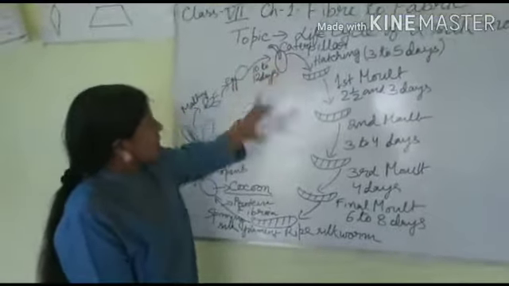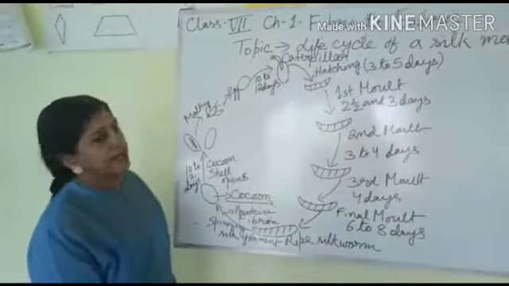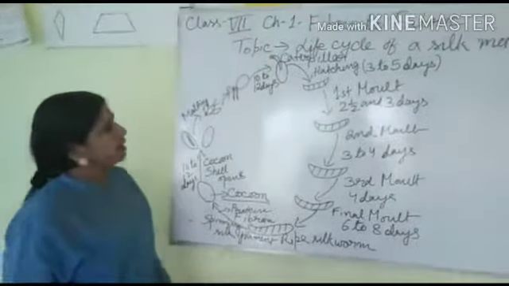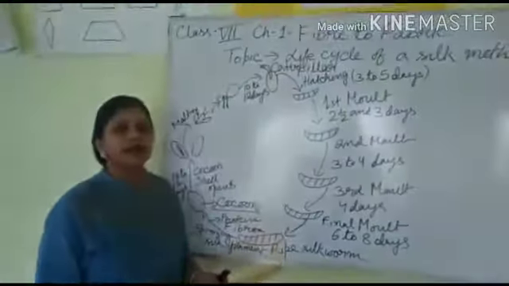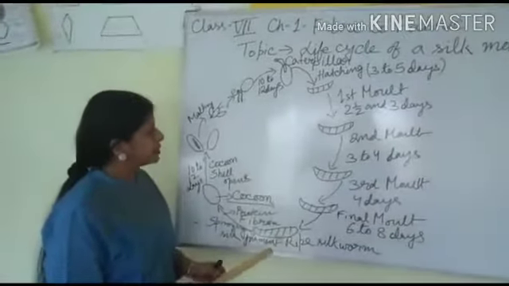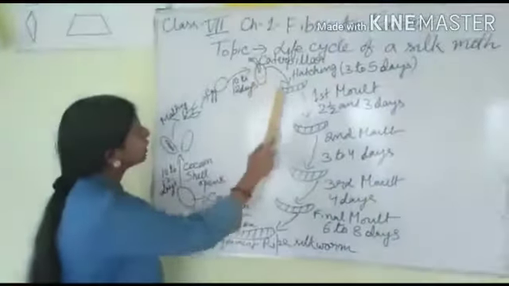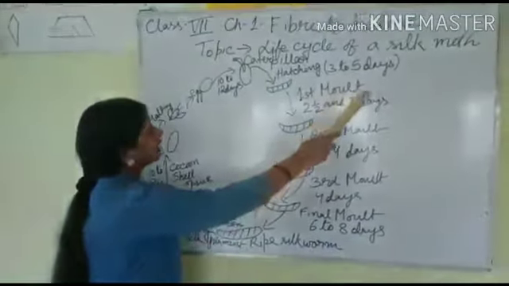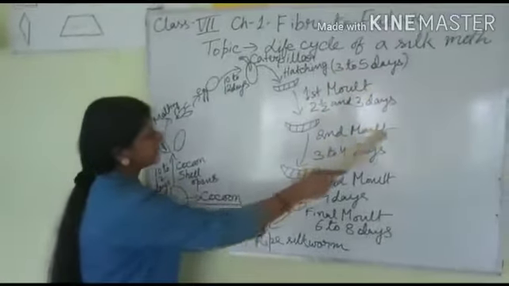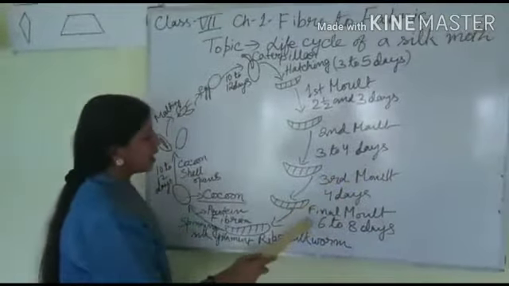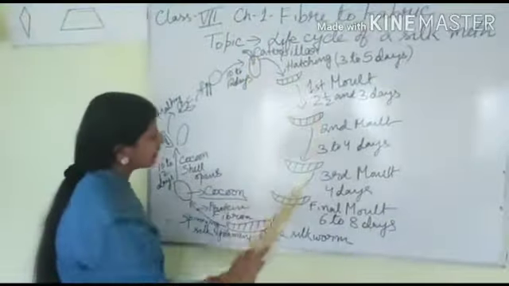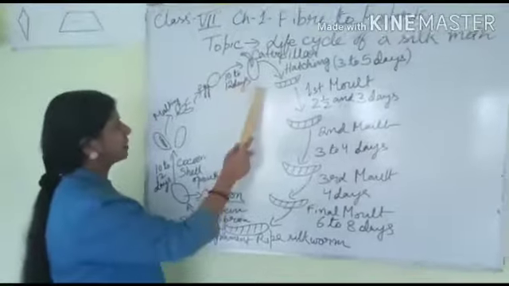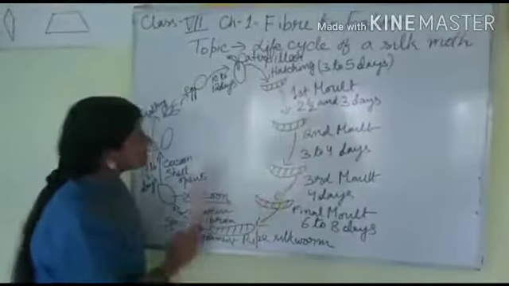After the caterpillar comes out, after hatching, it starts eating the mulberry leaves with great speed. Continuously, day and night, they keep eating the mulberry leaves, but in between the growing stages there are 4 molting stages. First molt, second molt, third molt and final molt. There are 4 molting stages during the growth of the caterpillar. Now what are these stages?